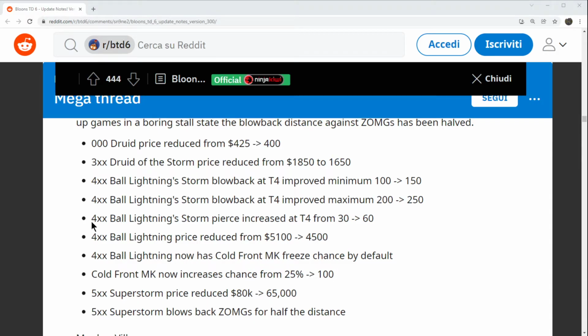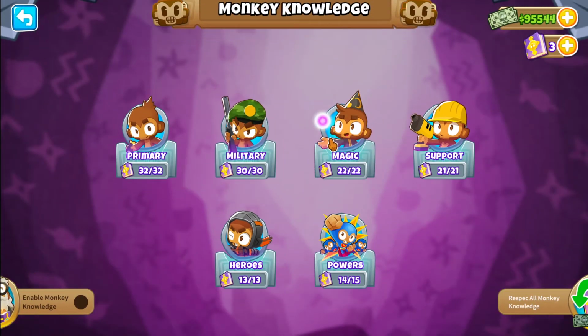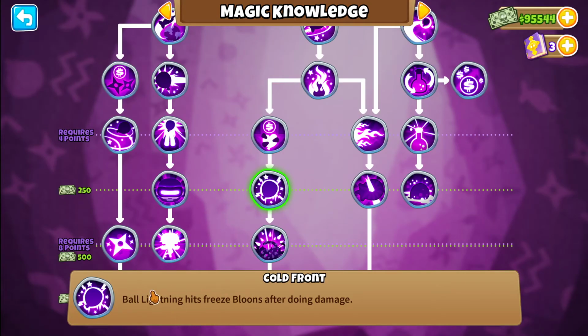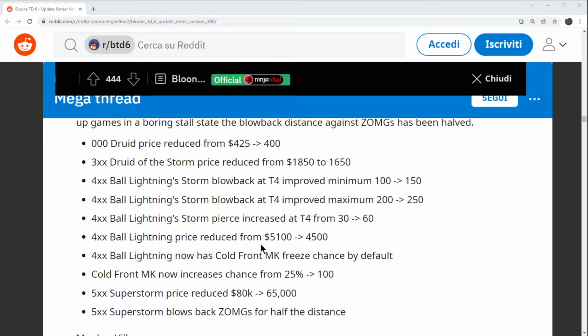So I'm gonna now show you what this means, going back to the game. And if we go here to Magic, there is this upgrade, I think. Yeah, this one. Before it gave 25% chance of freezing balloons on contact. Now this 25% is intrinsic into the tower, and now what this Monkey Knowledge point does is increases the chance to 100%. So you always freeze the balloons. So that's just the difference compared to before. Going back to the patch notes here,